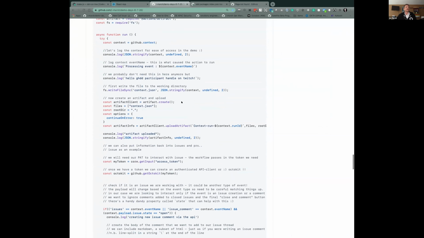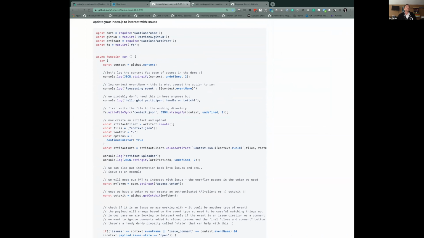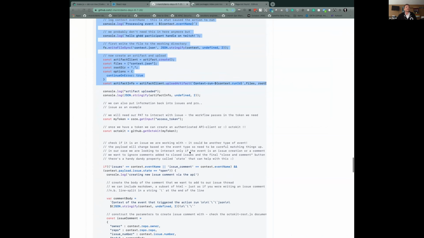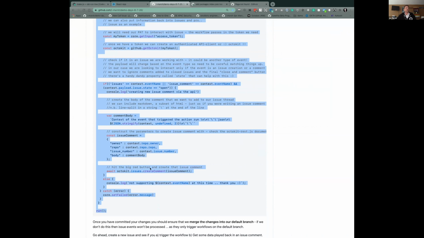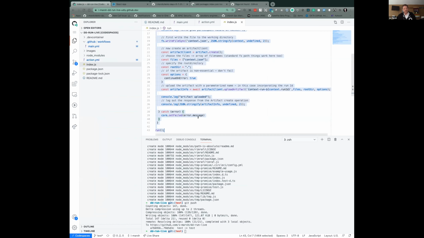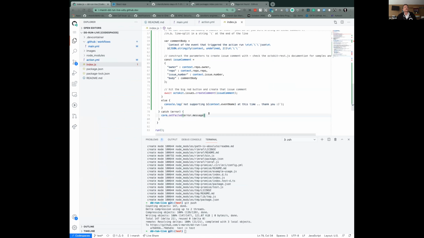Okay, so here you can see, if I just grab all of this, you'll see we're interacting with the API using the Octokit API to create a comment on an issue. We're identifying that issue from the context. Remember, we wrote that into the logs. So we're able to get to all of the parameters that we need to identify the issue we want to interact with, and then we're writing a new body back. So I can grab that, paste that into index, save, and then we're going to go accelerate into